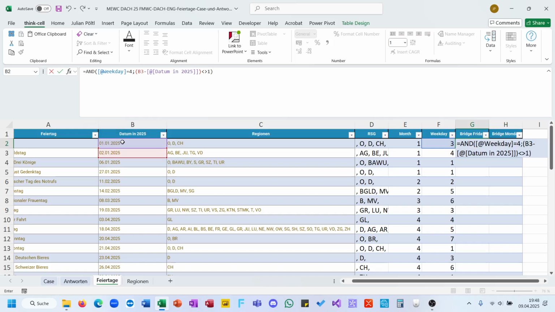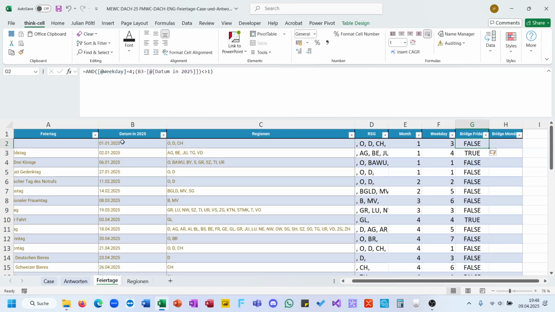So if the following day is not a holiday. So here, this is a bridge day,